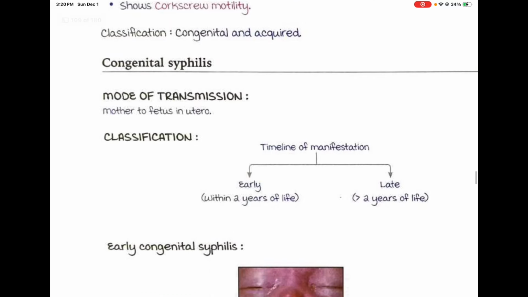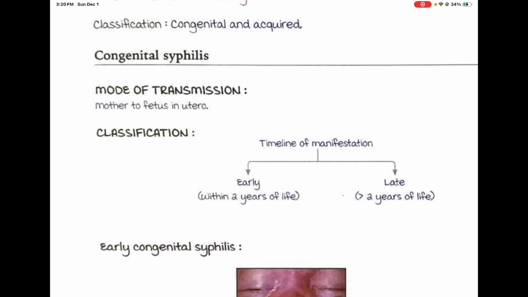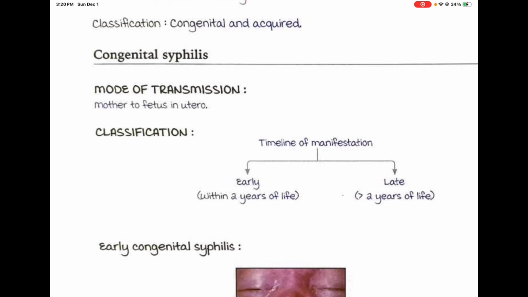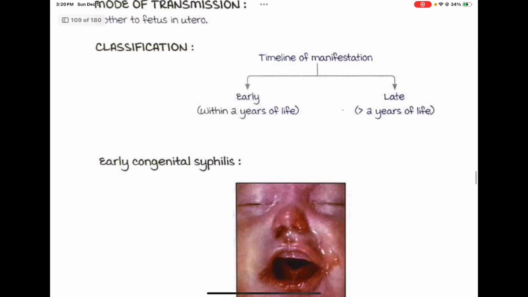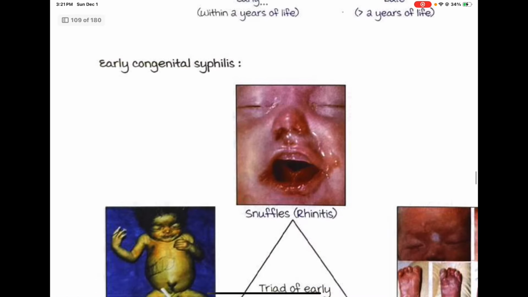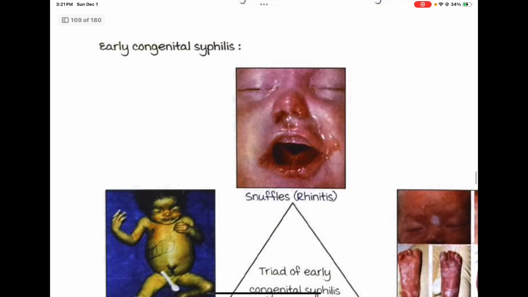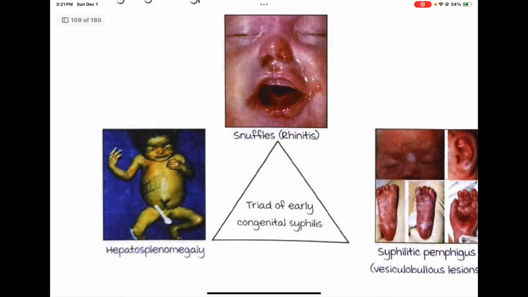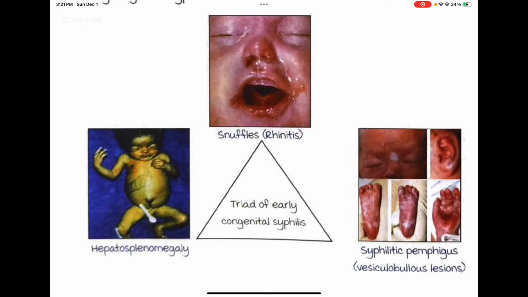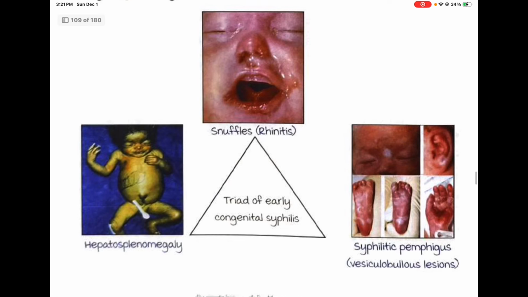Congenital syphilis, mode of transmission is mother to fetus in utero. Classification, timeline of manifestation: early, within 2 years of life; late, more than 2 years of life. Early congenital syphilis: snuffles, rhinitis. Triad of early congenital syphilis. Second is hepatosplenomegaly,